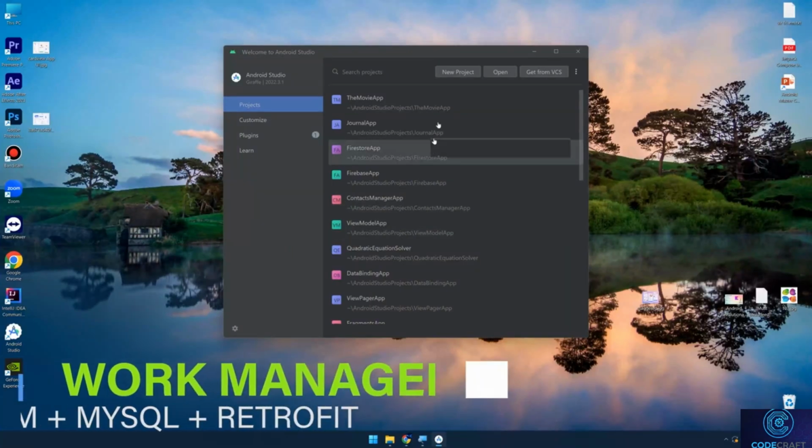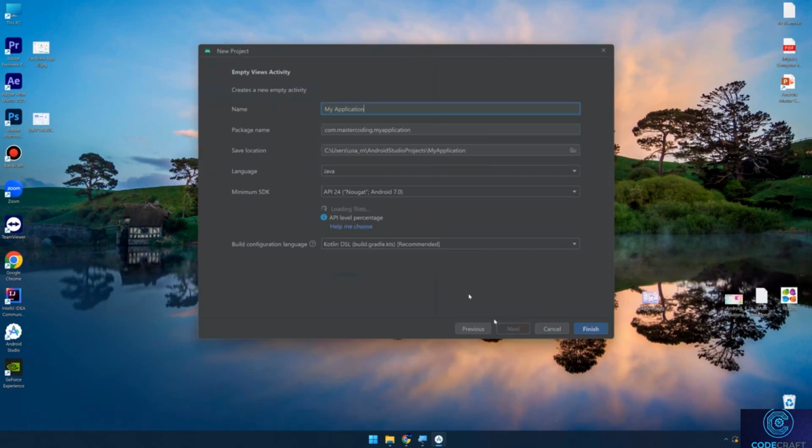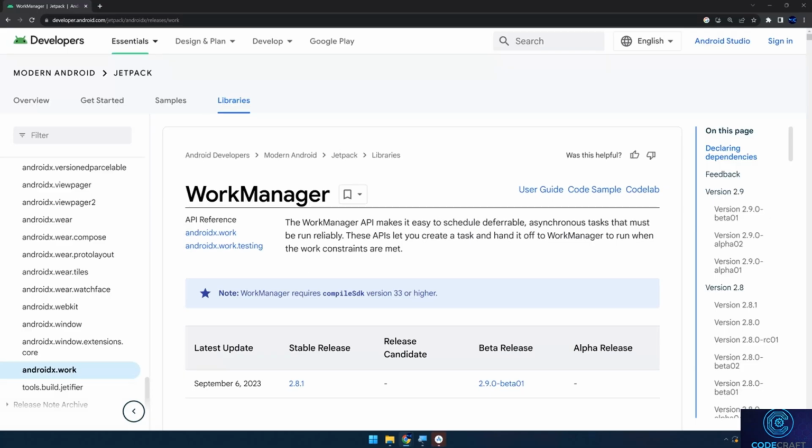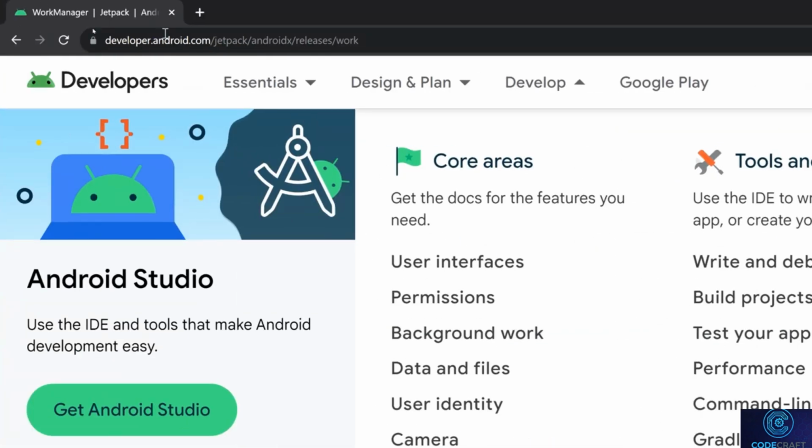Welcome back. Now let's open Android Studio, create a new project, select Empty Views Activity, and I'll name it WorkManager App. Select Java, click Finish, and as usual, we need to add the WorkManager dependency. Go to developer.android.com and search for Android WorkManager. Or you can simply go to the android.com